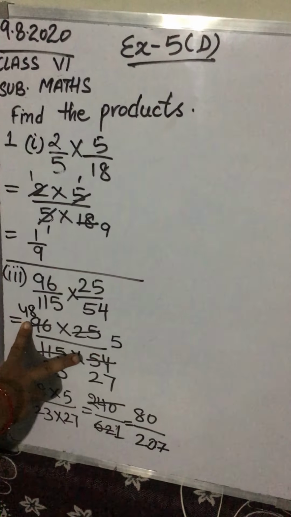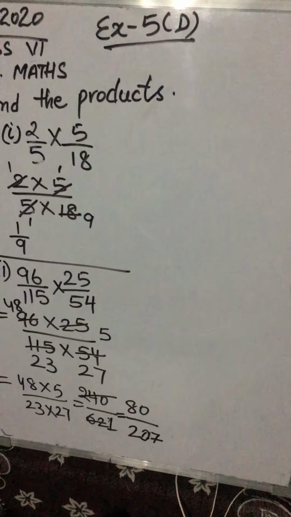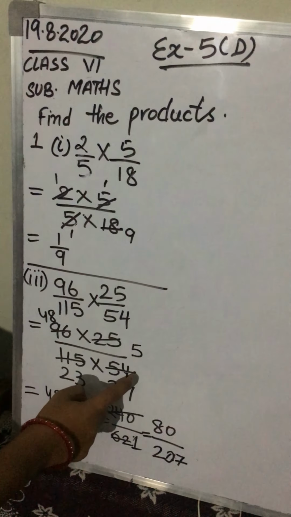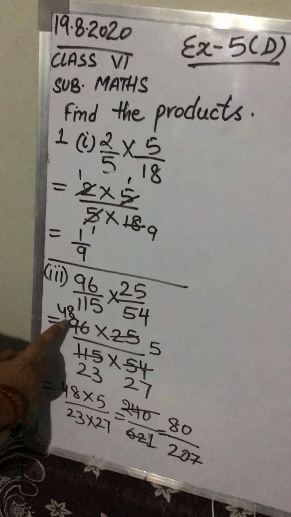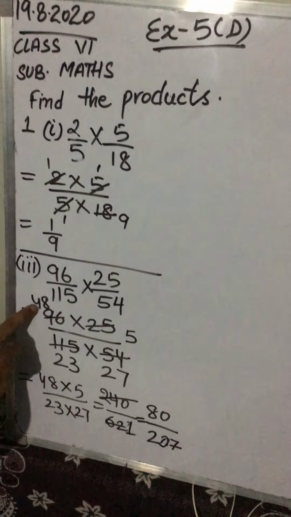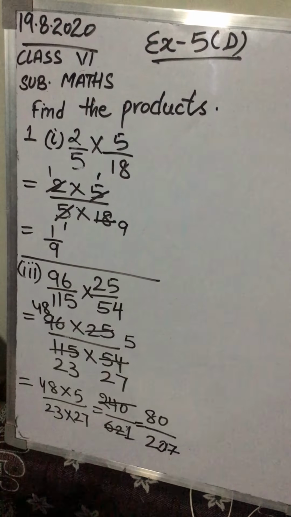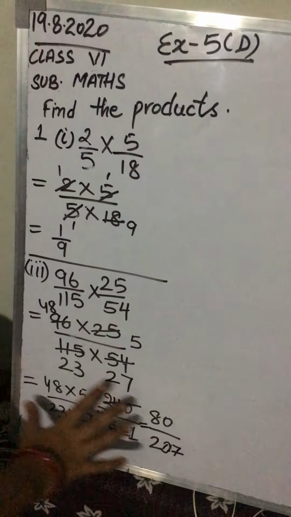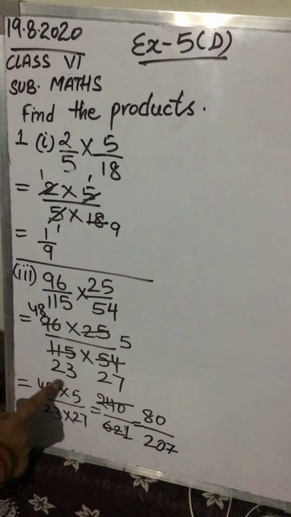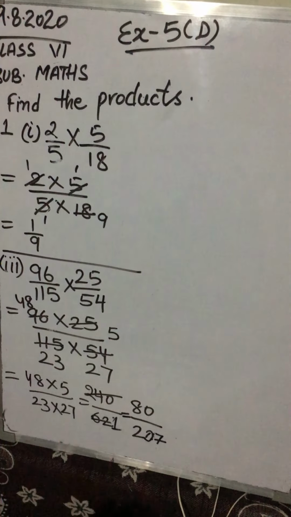Likewise 96 and 54 both are even numbers and they both are coming in the table of 2. So let's see at which place they both are coming. 2 2s are 4, 14 it will become 2 7s are 14, 27. 96 is what? 2 4s are 8, 16 it will become 2 8s are 16. So it is 48 by 27. Now can you tell me, is there any other number which can get divided by the same number? No. No number is coming in the same table now. So what do we have left? 48 into 5 divided by 23 into 27. Since no number is divisible now, it is not simplified anymore.